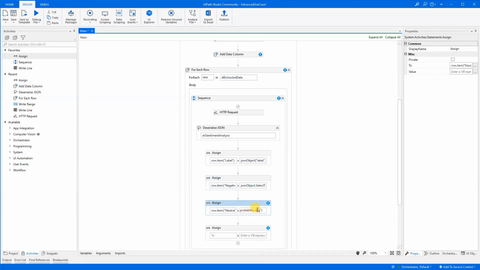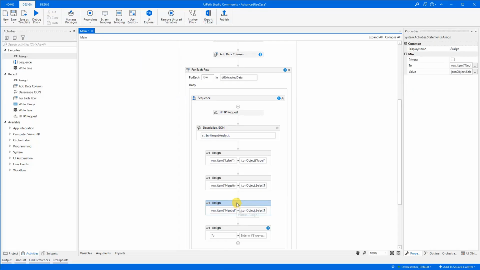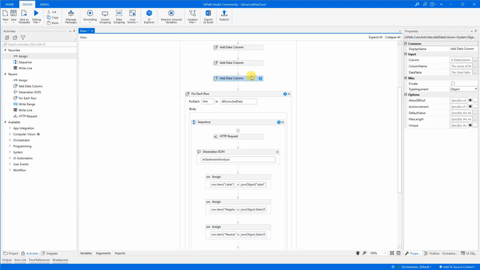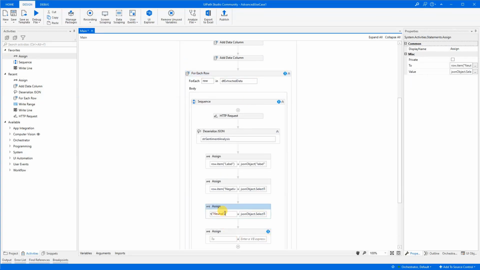And then I think it's neutral here, but we can verify that it is indeed neutral because that is from the JSON. Yeah, it's neutral. So we have it here. Now we added this data column, and we will of course do the same for the positive. So we will just say positive, DT extracted data, like this. Now we just need to change this. So we will add to the positive column positive, then we'll copy this one from up here. We'll say positive,